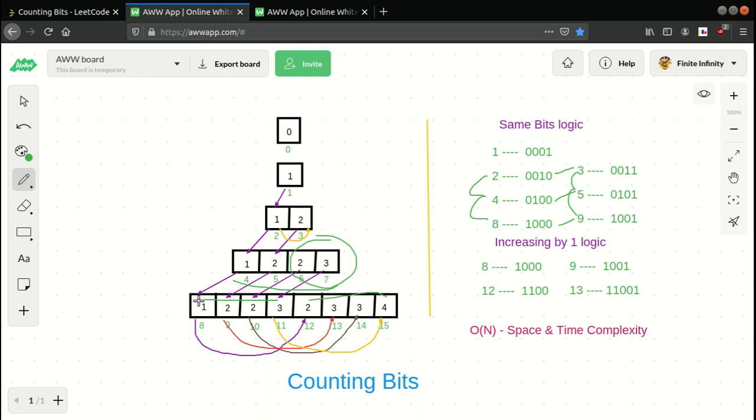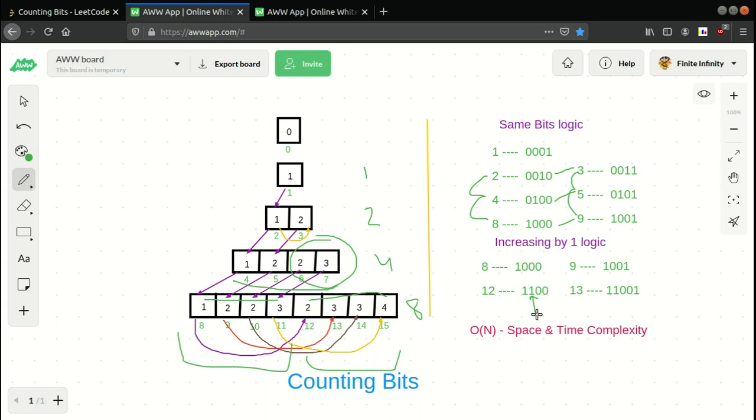If we see 8 and 12, 8 has its binary representation as this, and 12 will have one extra 1 in it. And why is that? Because if we are dividing it in powers of 2, first we had 1, then the size of this array as 2, then the size of this 4, and then the size of 8. So the size of this array is 8, so these will be 4 elements and these will be another 4. According to that, if I see 8 and 12, the difference will be some power of 2.